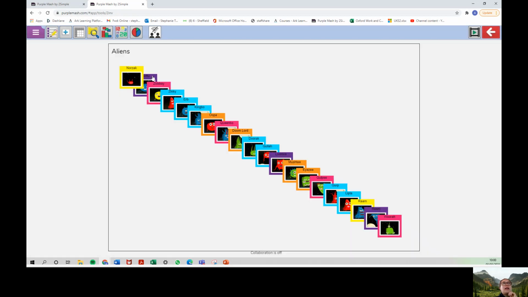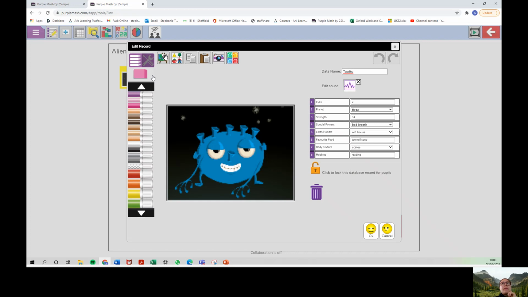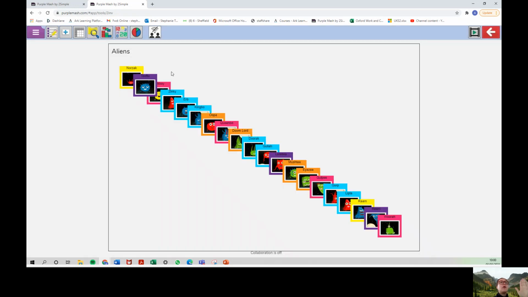He's from the planet of Boaz. And Tooth is also from the planet of Boaz. So now all of these aliens have been sorted in the order of which planets they're from, grouped into that order. We can also group them